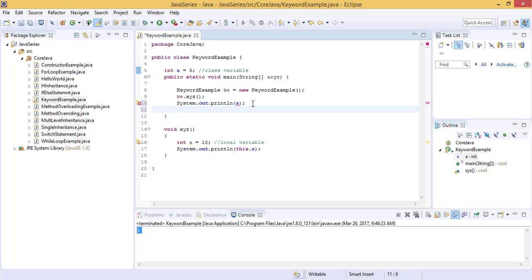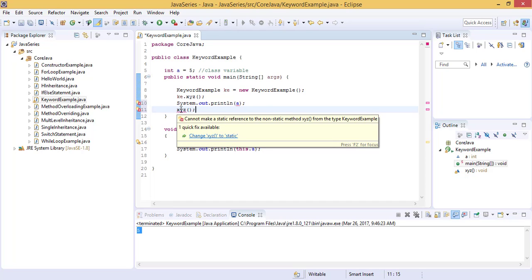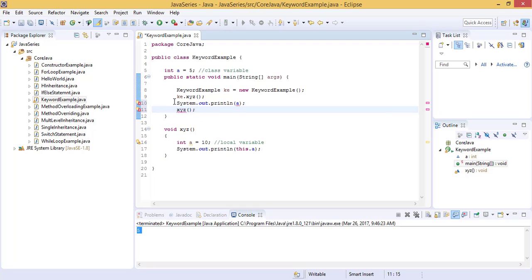Similarly, let's try to call xyz. Again we are getting an error. It says cannot make a static reference to the non-static method xyz from the type KeywordExample. KeywordExample is the name of our class. So this is the restriction present with the static keyword.